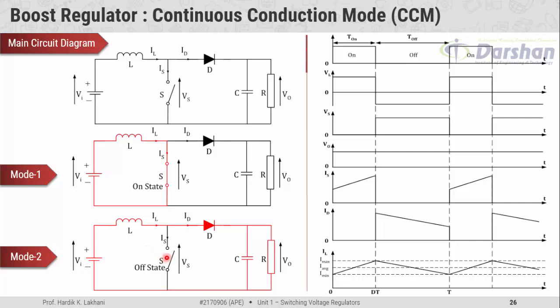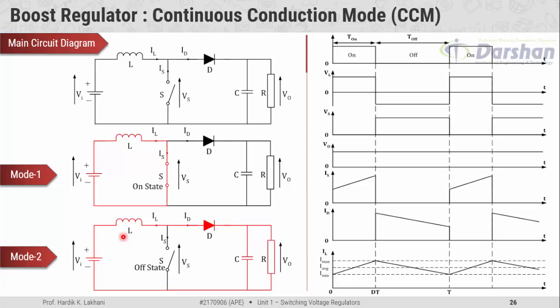When the switch is made open, the polarity across inductor gets reversed. The right hand side terminal becomes positive and the left side terminal becomes negative. Due to that, this diode comes into the forward bias condition and it becomes on. So inductor starts releasing its energy through this freewheeling diode into the load. The direction of the current is from this positive terminal of the inductor through the diode and to the load, and afterward it passes through the supply and goes back to the inductor.